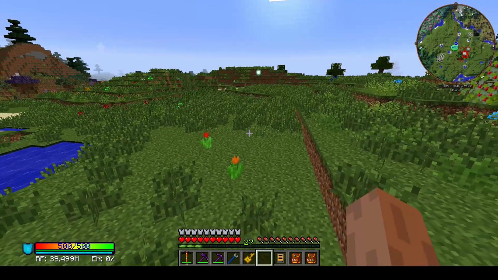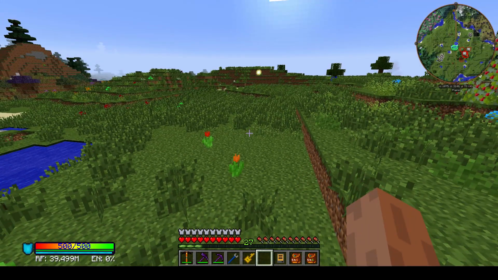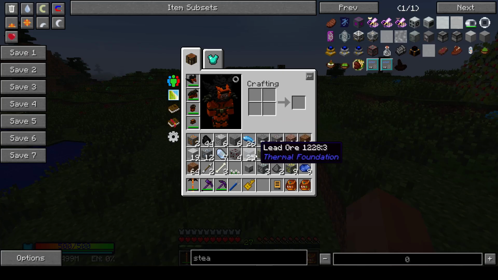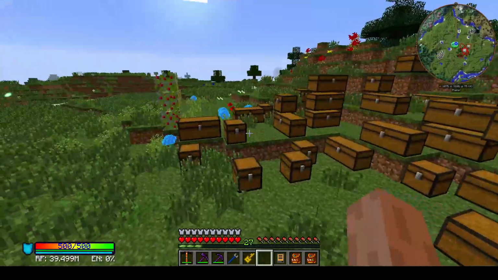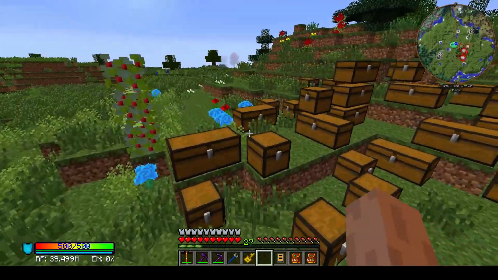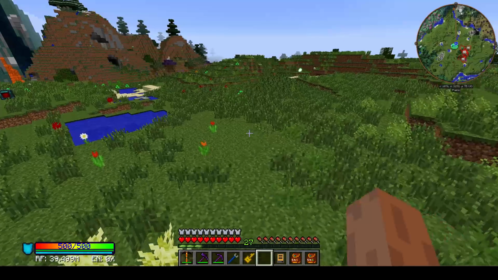So you started playing Feed the Beast Infinity Evolved on 1.7.10, and you're tired of your inventory looking like this. And you go back home, and you've just got chests littering the fields everywhere. You can't find anything. You spend more time looking in chests than actually doing anything, and you want to upgrade